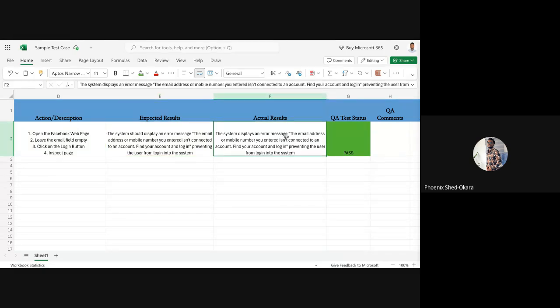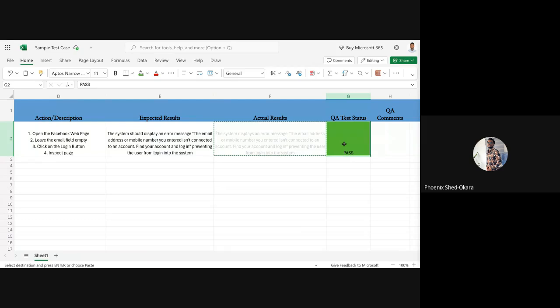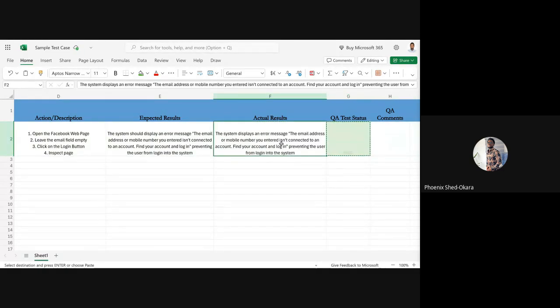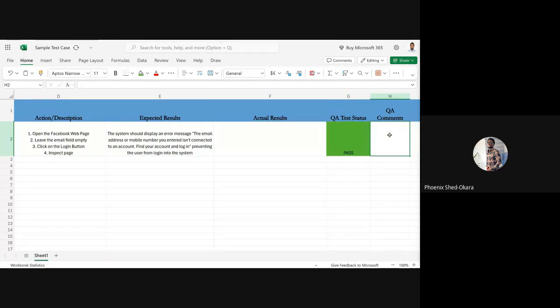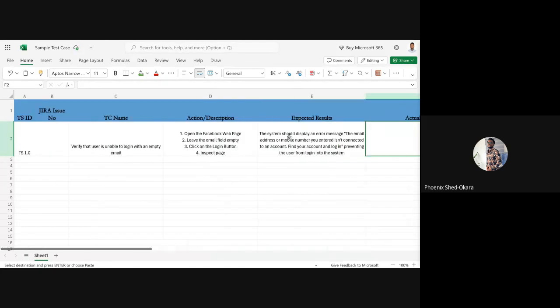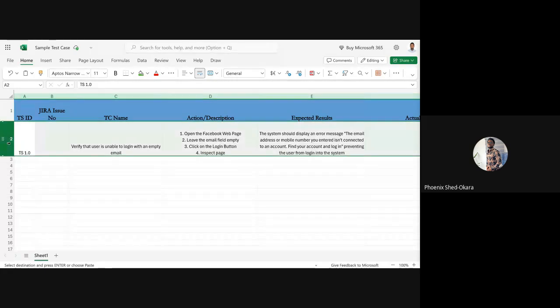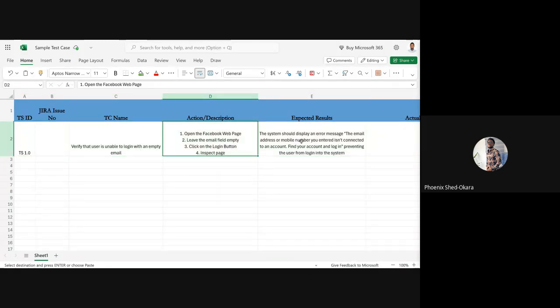So I'm just putting this up. Before testing, you would have something like this, but instead of just one test case, you'd have maybe up to 100 test cases capturing different scenarios. So once it's time for you to start testing, you pick up your test case or your test script and you start. The first one: verify user is unable to log in with an empty email. You go and execute it